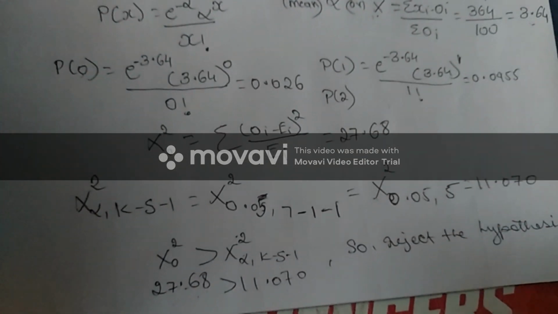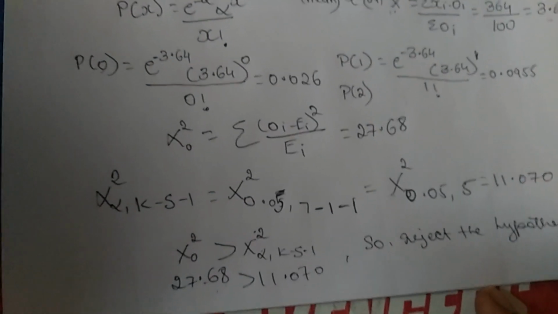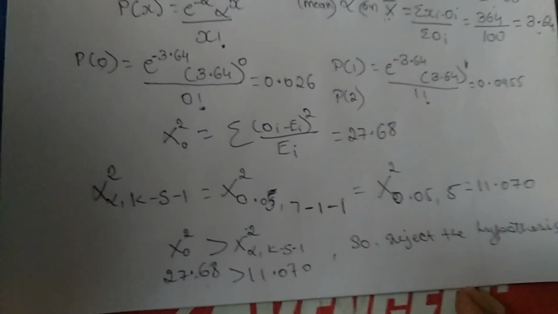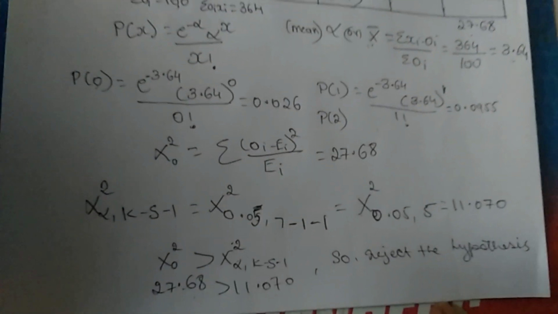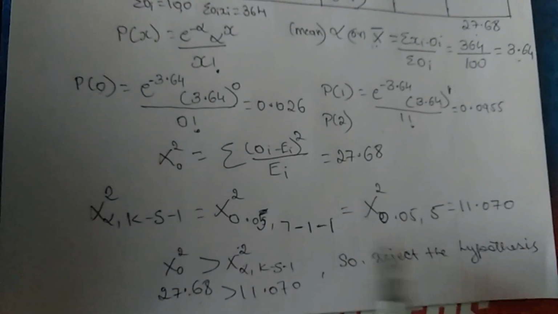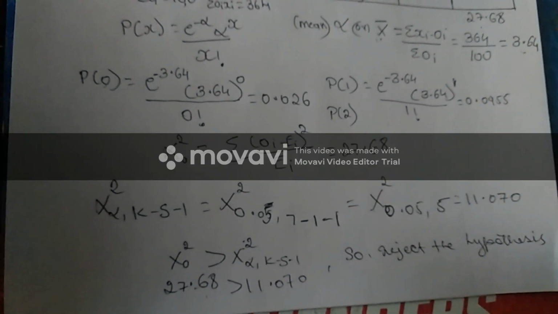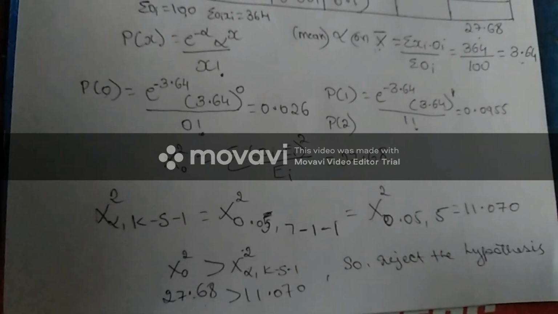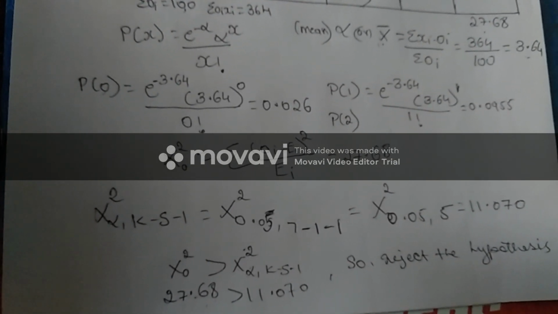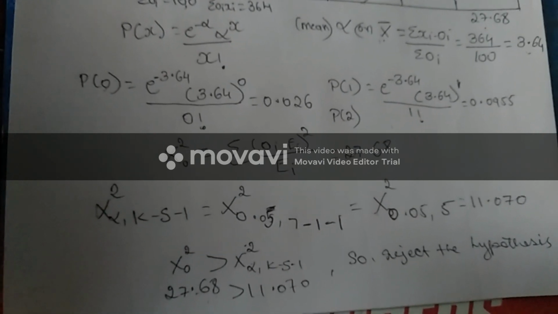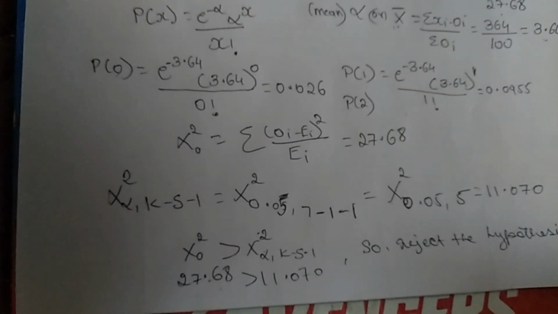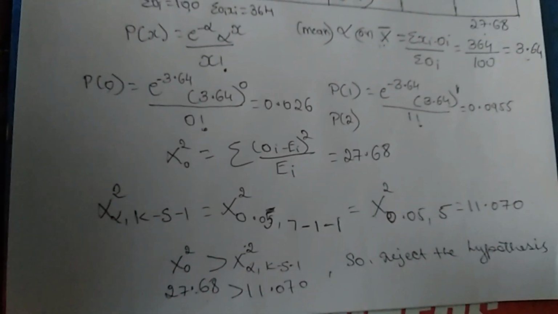Okay, this is your problem. The table will be provided in the exam. No need to mug up the values. By seeing the table, you have to do all these things. This is very, very important. Minimum 10 to 12 marks they'll ask. This is the chi-square test using Poisson distribution. Fine. Next, I'll come up with exponential distribution for the same chi-square test. Thank you.